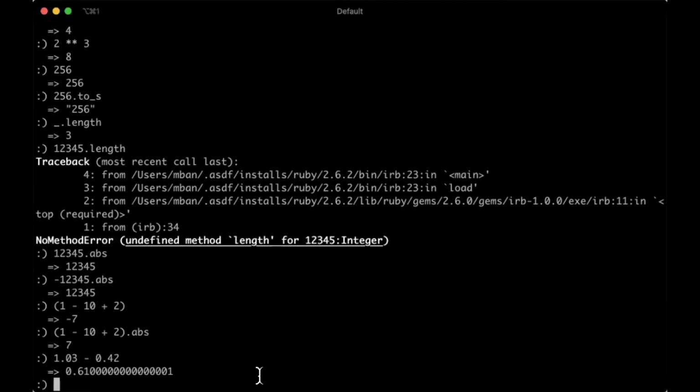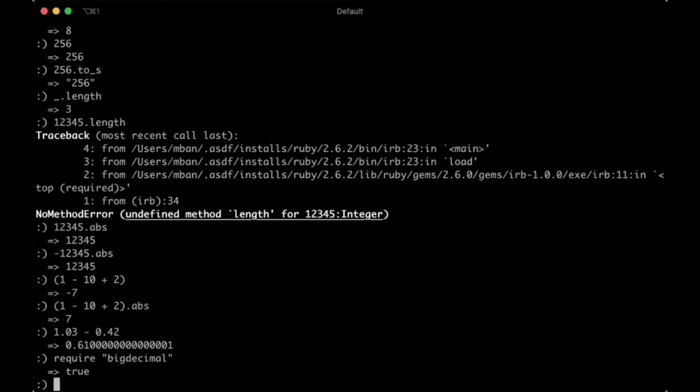Okay, so especially if you're doing money math where this stuff matters, that trailing one is a problem with floating point precision. And it's pretty much never a good idea to just do basic floating point math in any language, let alone Ruby. For that, I always recommend using big decimal. And that's something from the standard library that we're going to have to actually require into our IRB session using the require keyword. So I just type in require and then pass it the name of the library that I'm trying to require. And now I can actually set up